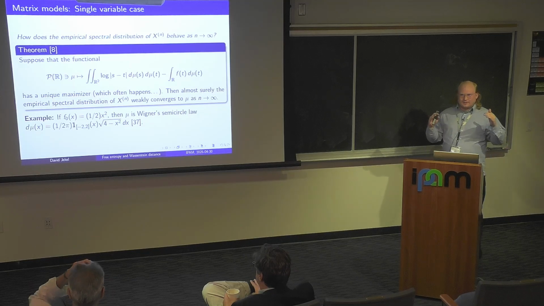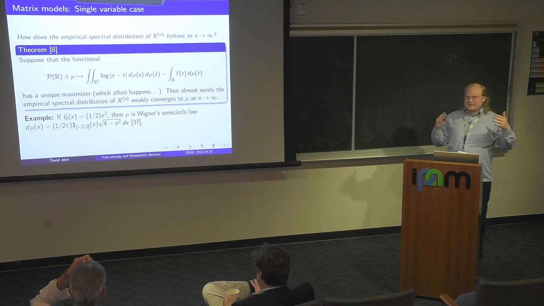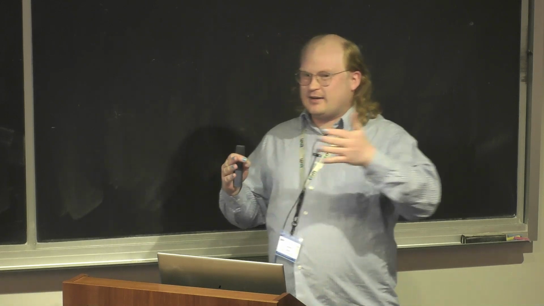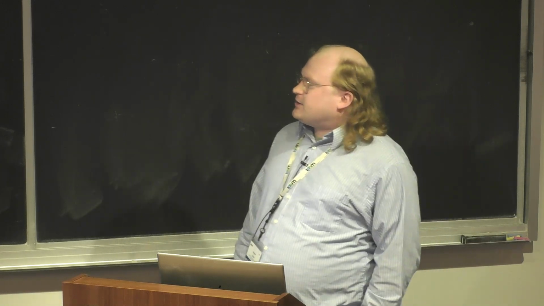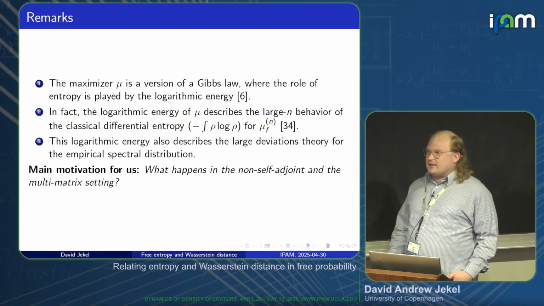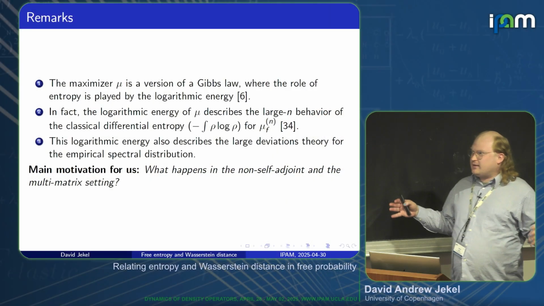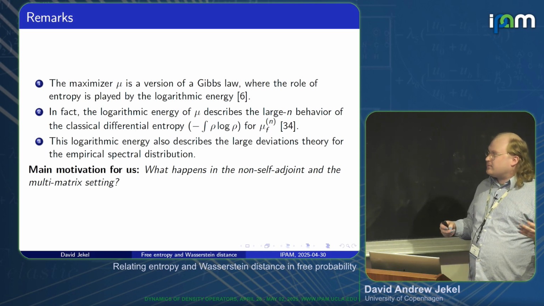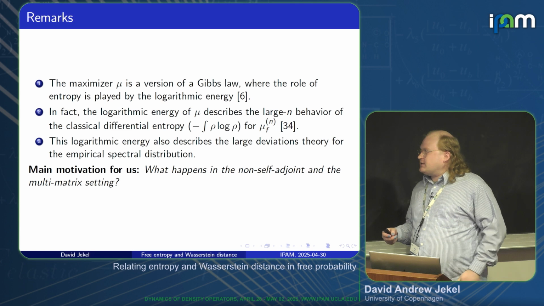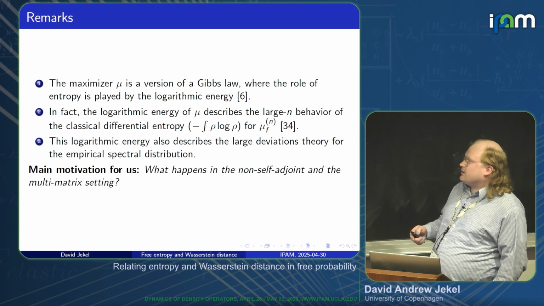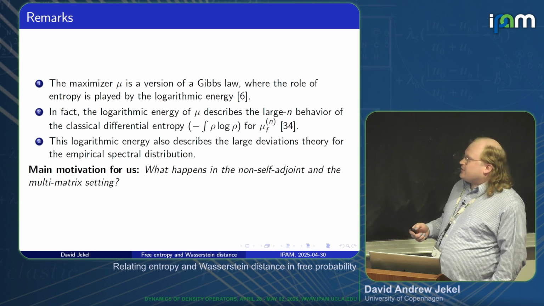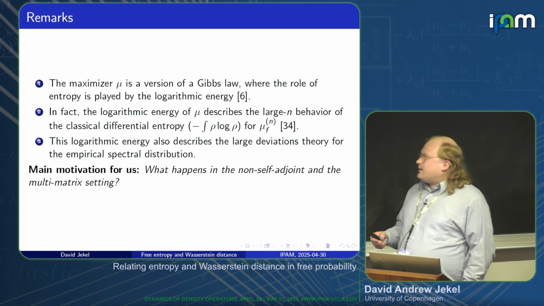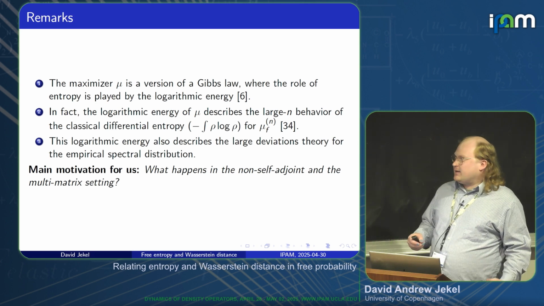And Wigner was studying this because he thought that this was a toy model for energy levels of atoms. Okay, and so this gives you a theory that's completely in line with statistical mechanics, as well as our study of entropy and information geometry that you're all familiar with, hopefully. That this is a version of a Gibbs law, and that the role of entropy is played by this logarithmic